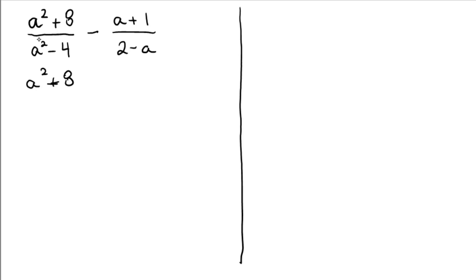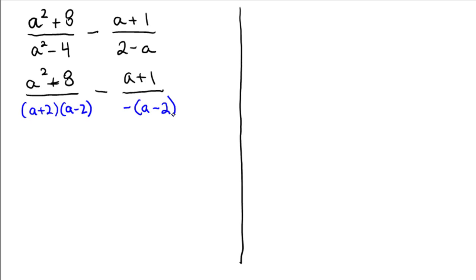of the first rational expression as the factoring of a squared minus 4, which is a plus 2 times a minus 2. And that's by the difference of squares formula. Over here on the right rational expression, keep the numerator as a plus 1, and on the bottom there, since it's kind of reversed from what we typically like, I'm going to factor out a negative sign. So it becomes a negative. The 2, which was positive, will now become negative, and the a, which was negative, will become positive. So there we'll have an a minus 2. So notice this already gives me a big advantage that the two denominators both have this a minus 2 quantity